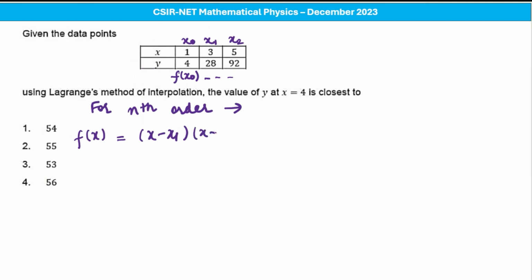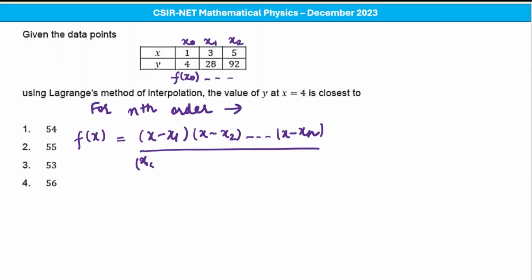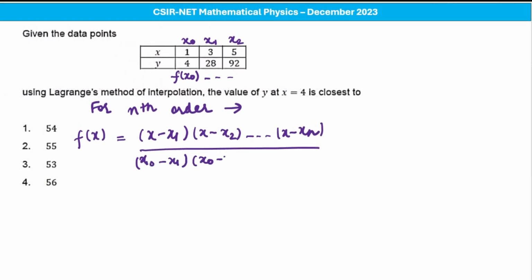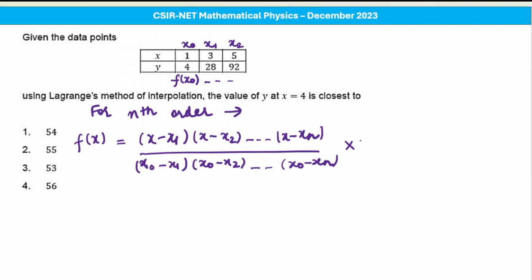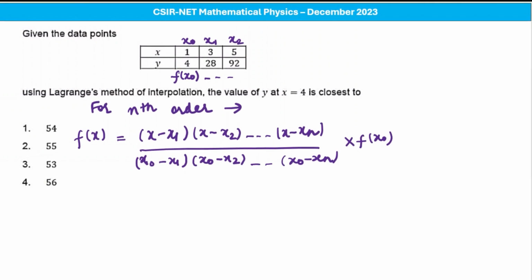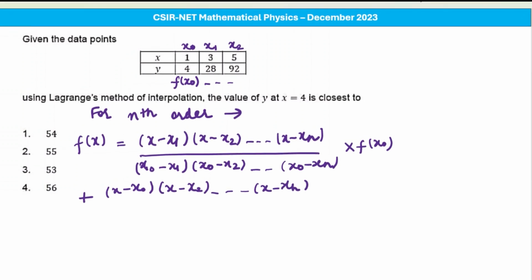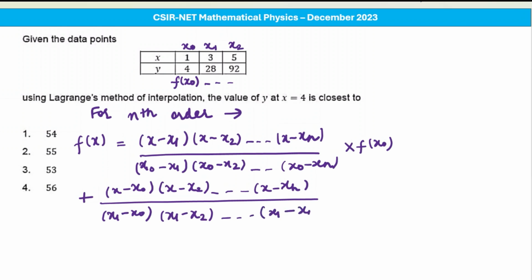So x minus x1, x minus x2 up to x minus xn, upon x naught minus x1, x naught minus x2 up to x naught minus xn, multiplied by f of x naught, plus x minus x naught, x minus x2 up to x minus xn, upon x1 minus x naught, x1 minus x2 up to x1 minus xn, multiplied by f of x1 plus